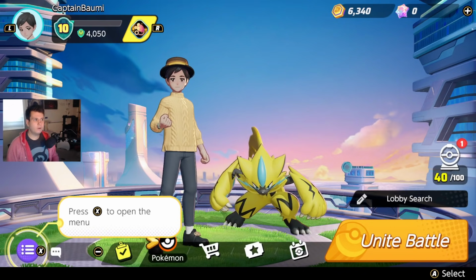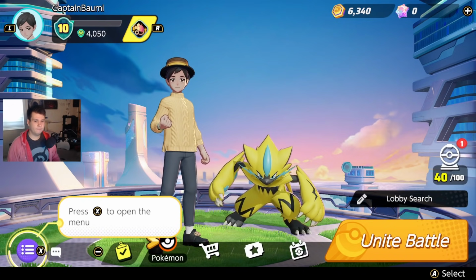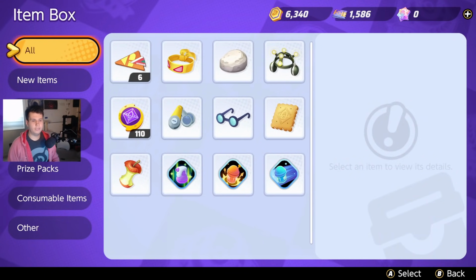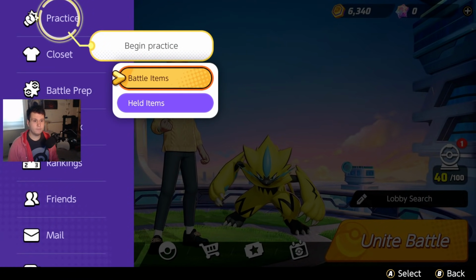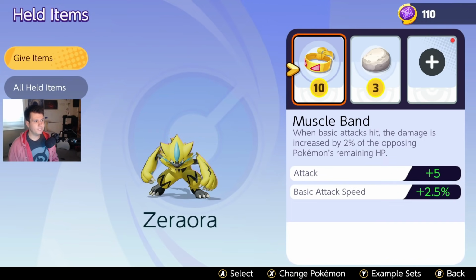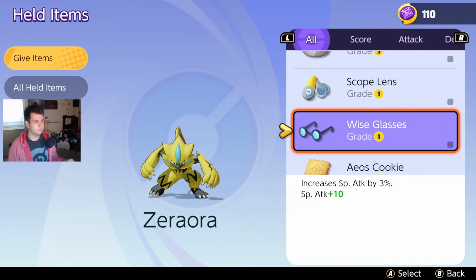Now, when you go into a match, you will also get to customize your Pokemon a little bit further through items. And this is where the pay-to-win element of this game comes into play. So we go into Battle Prep here, and then we can choose held items. You can see, for example, my Zeraora right now is holding a Muscle Band, a Float Stone, and I actually just unlocked a third item slot. So I can say I want...